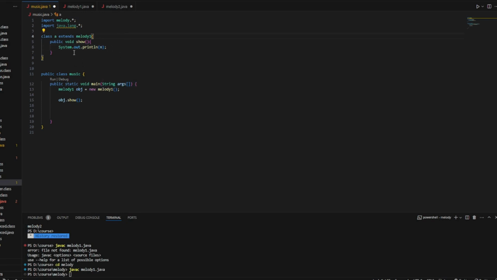Look, there is no error. Whereas if I use the same here, it shows me an error because it is not a subclass, whereas A is a subclass of melody1. I hope it is clear for you. Let me also show the picture of the table so that it would be even more clear.